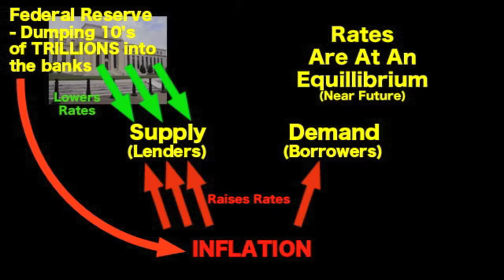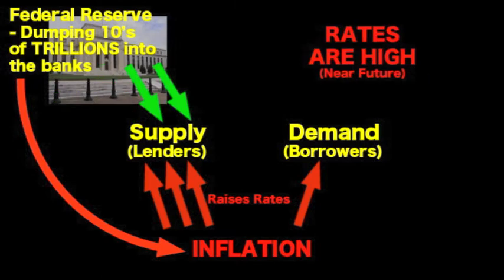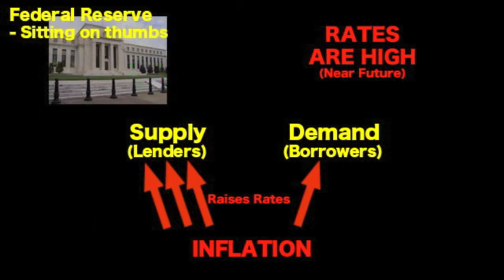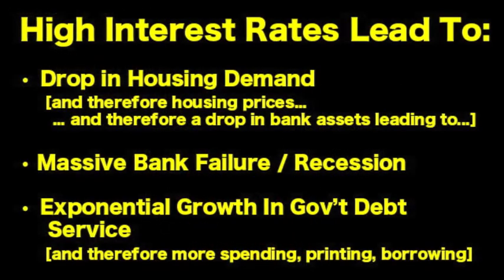At this point, we will be in a state of stagflation. The only way to get us out of this stagflation will be to do what we did last time, and that's to stop printing money. This will lead to a record increase in interest rates, far greater than those we saw in the 1980s. The high interest rates will lead initially to fewer people being able to take out loans to buy homes and cars. This will lead to a sharp and dramatic fall in housing prices, possibly the lowest house prices ever.